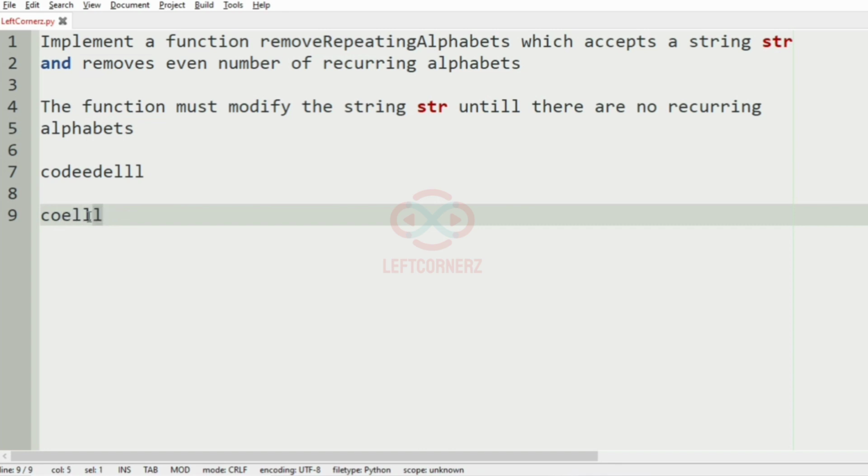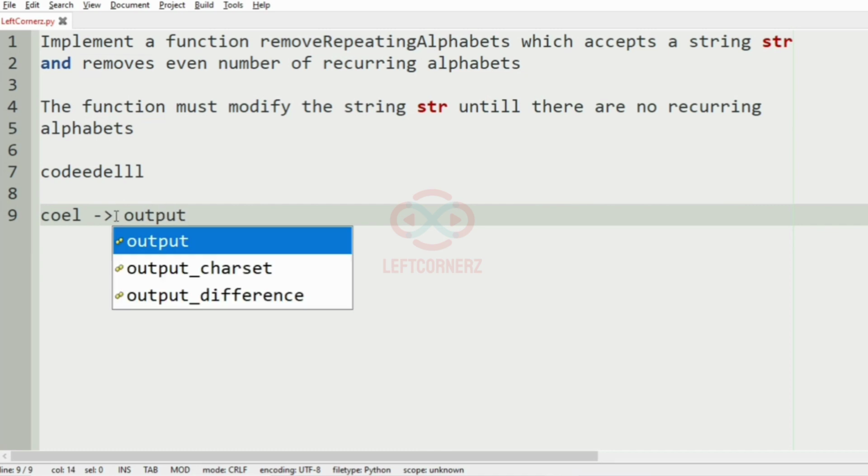Then we can see that L is also occurring concurrently two times. We'll remove that. Now we can see that there are no recurring alphabets, so this will be our output.